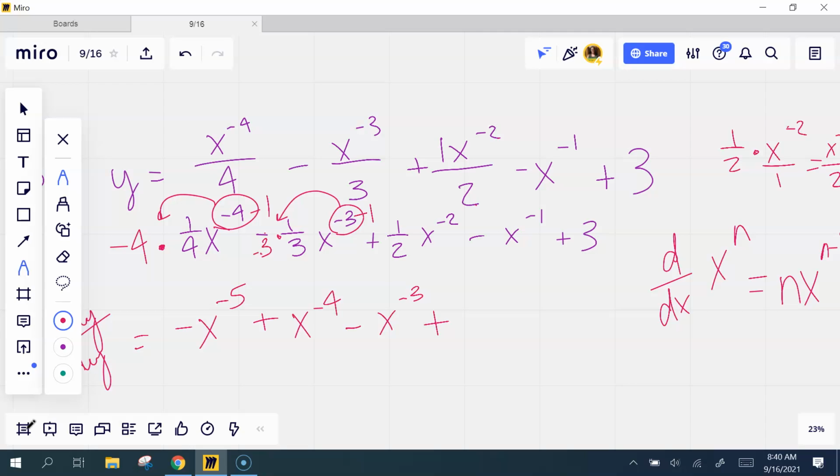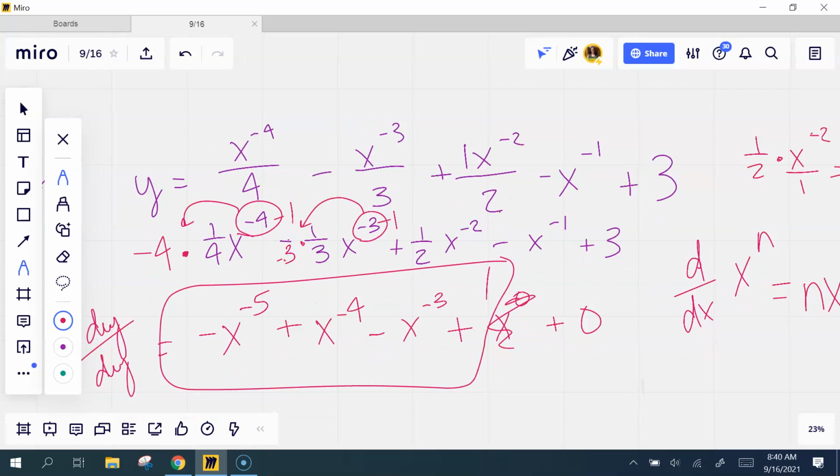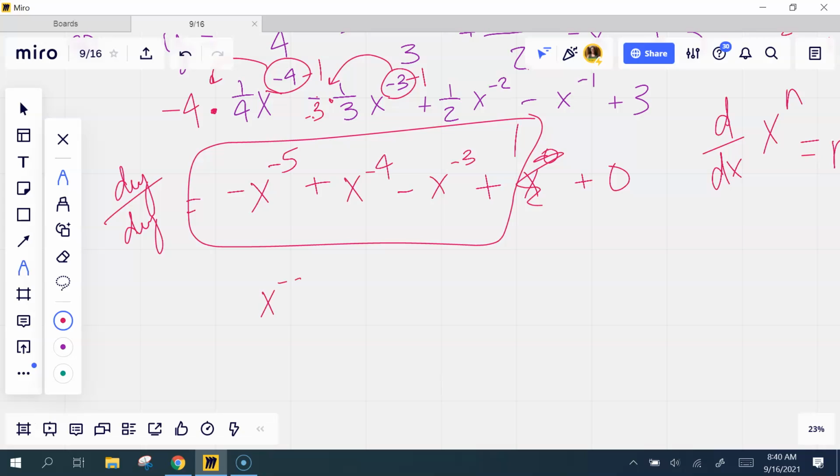So I'd have plus 1 x to the 0 plus 0. What's x to the 0? That's 1. So this is the derivative. Lizzie, if I had done difference quotient, if I have x to the negative 4 over 4,